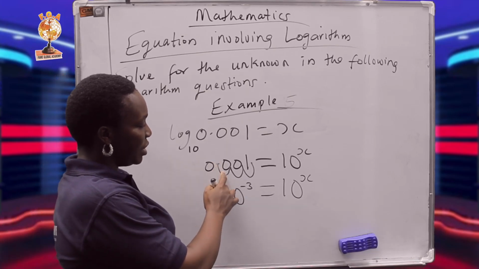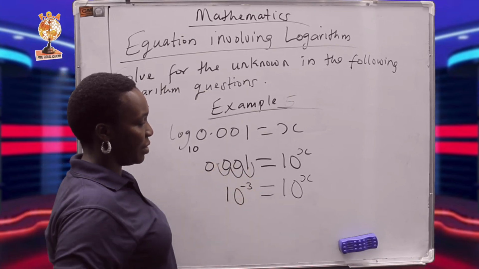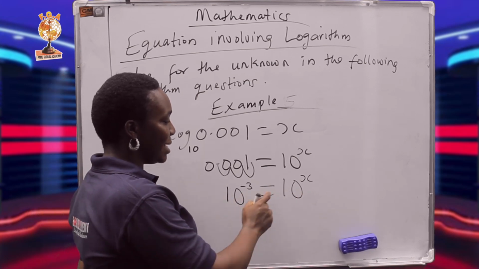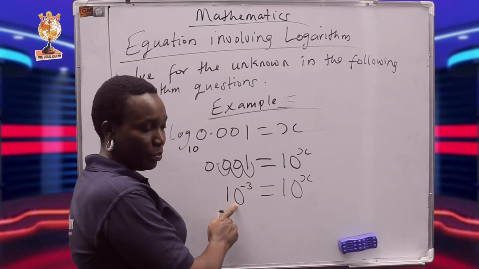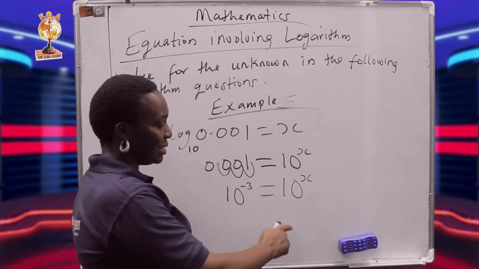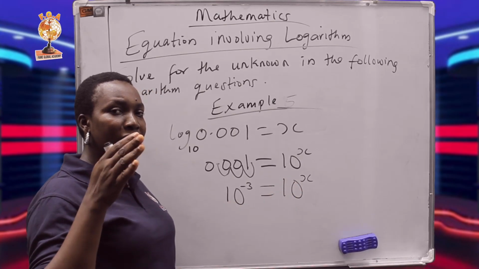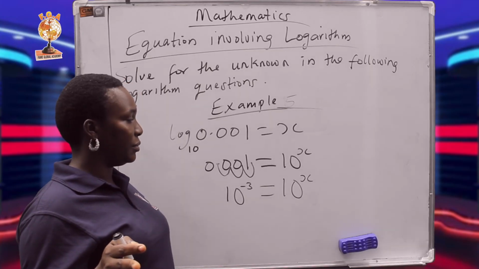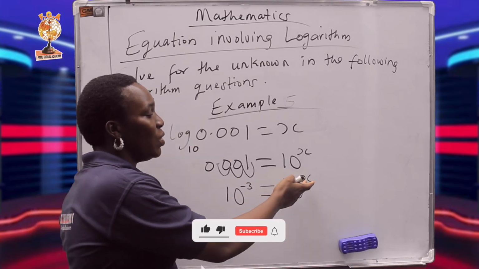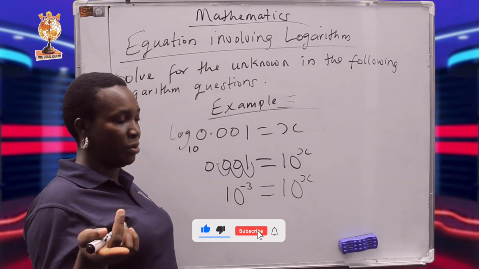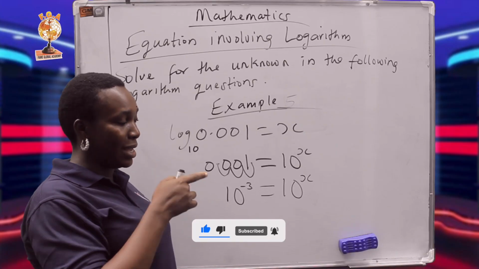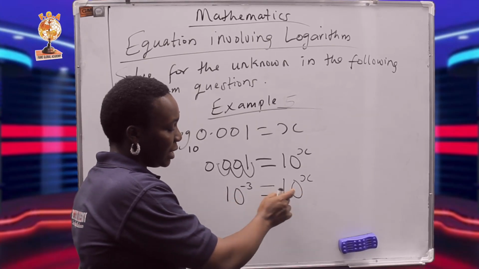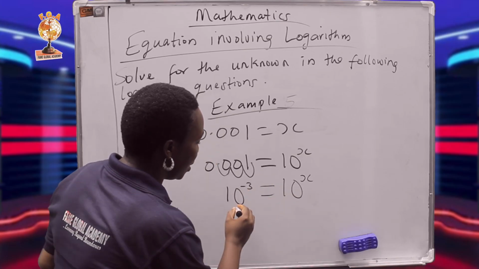This, we are moving this now 3 times. That's why we're having 3. Now from here, you find out that the two bases are the same. We're having 10 here as the base. We're also having 10 here as the base. So if the two bases are the same, all you need to do is say equate power. Because it is the power, that is where the unknown that we are looking for is appearing. Is appearing as the power this time. So this base is 10, this base is 10, the two of them are 10, 10. So you say equate